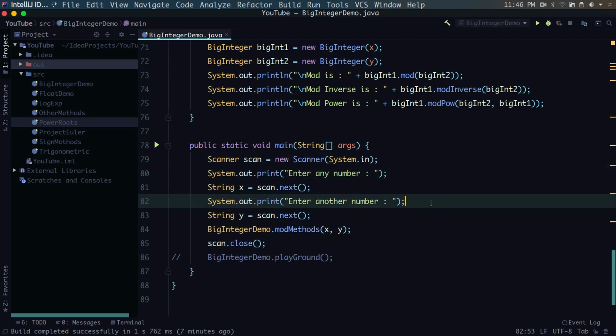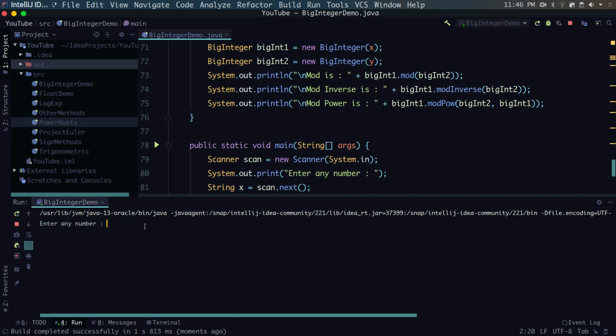Okay. I'm using Scanner for input. You can use pretty much anything, BufferedReader, file IO reader, anything. Let me run it. Okay, it takes in two parameters. Let me keep it simple, right? Big integers are possible too, but